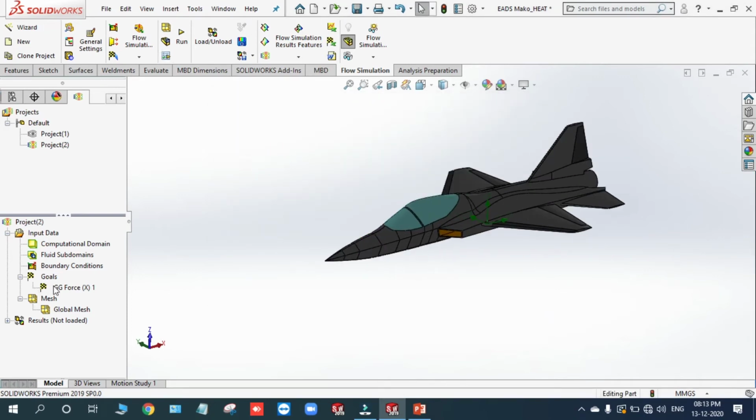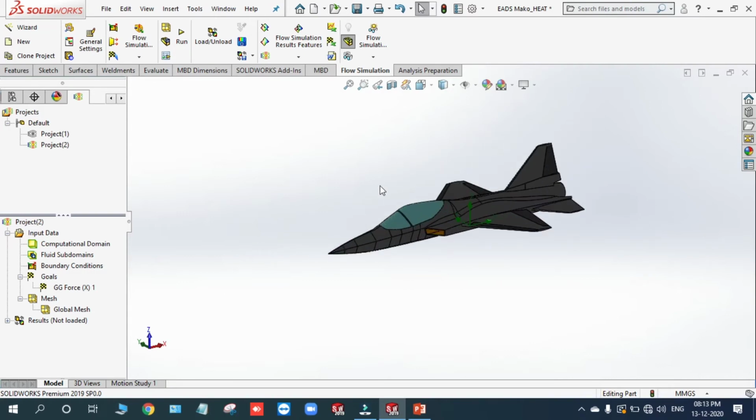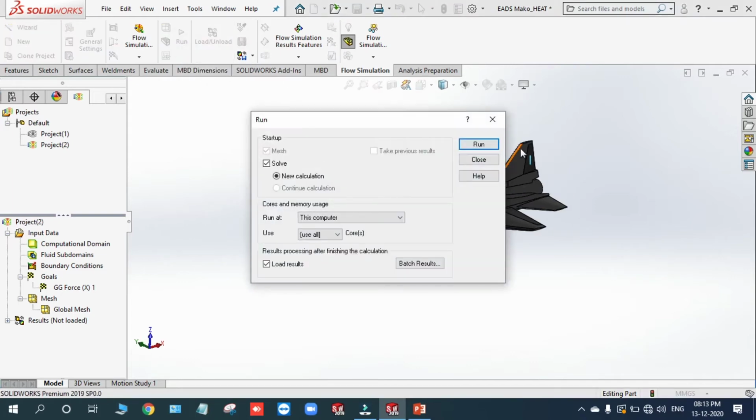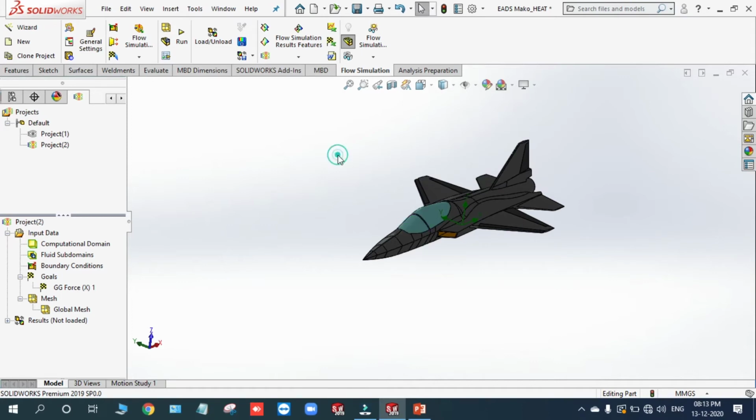So you can set CD or CL or lift. The lift is already specified here. First, with respect to Y is the drag value, we can set it up. So yep, fine. You directly just click on run and run it. Once you run this, we'll get the results once the result reaches convergence. I'm not going to run all the results for now.